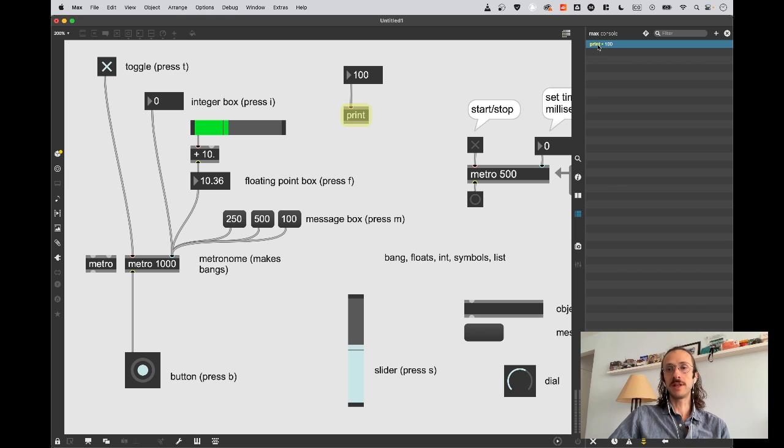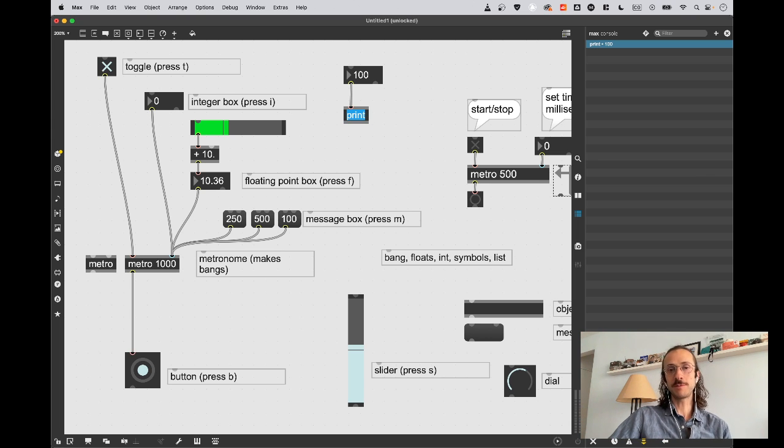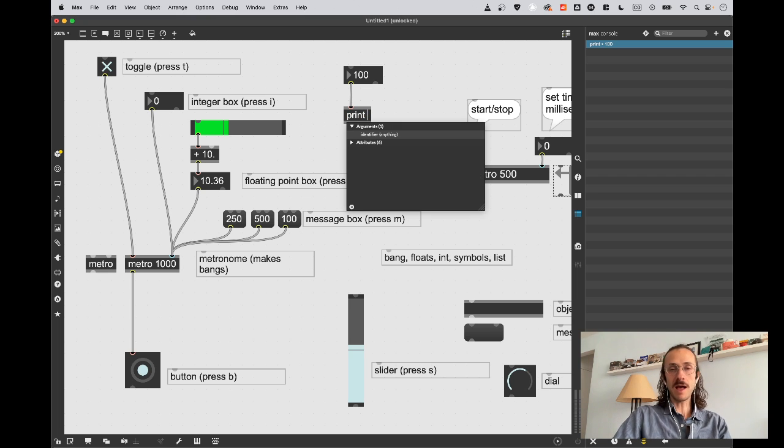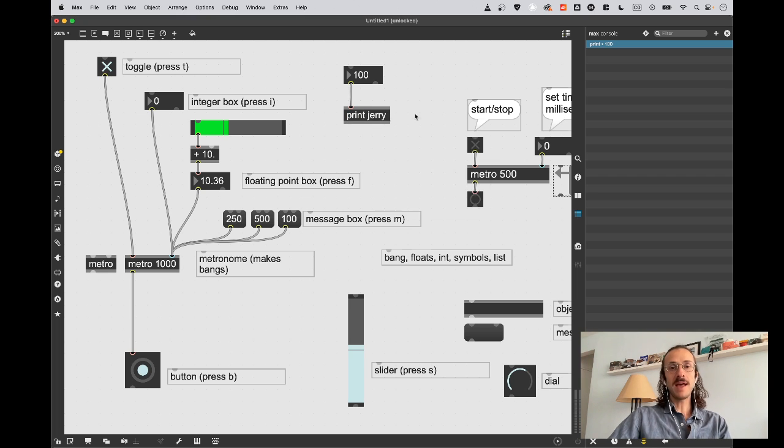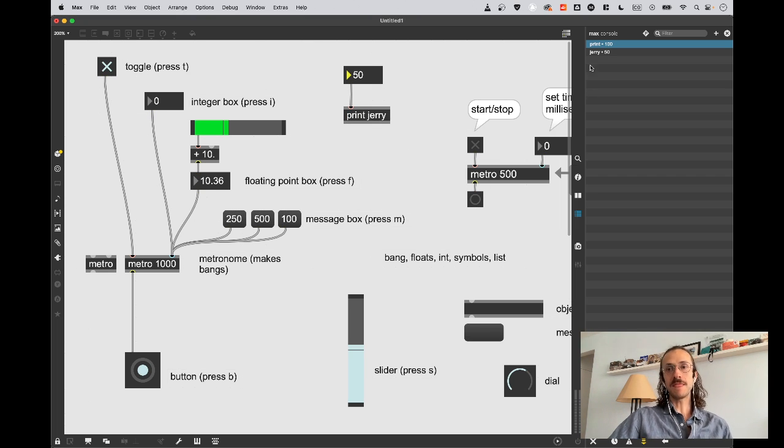You can always double click on this and it will highlight which object was responsible for sending that message, and it can help you to figure out what's going on in your patch. If you give an argument to print, so you can do print Jerry and then change this, then instead of saying print, it will say Jerry. You can give it whatever name you want, and it just puts a label on that print object so you can see